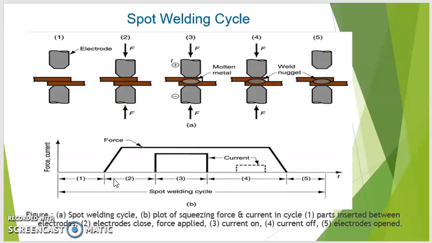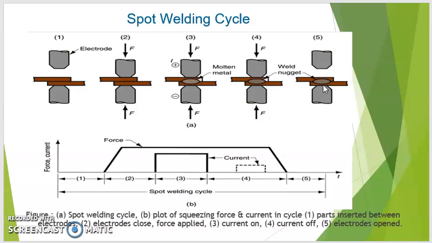Obviously we can go on for modifications, in which we can pre-cool and post-cool also, in order to have a better nugget structure. So one more thing is there, basically the discussion with regards to the weld nugget. This weld nugget is formed, and we calculate the plug ratio. Plug ratio basically means the ratio of the diameter of the weld nugget before and after failure. So basically it can be a full failure or a partial failure.